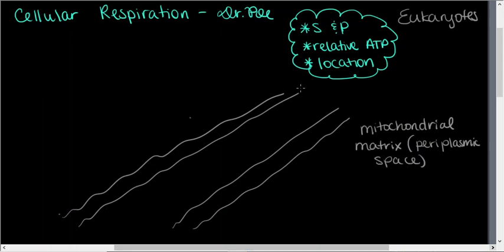So here we've got the mitochondrial membranes. This is the outer membrane. This is the inner membrane of our mitochondria. And the innermost part is called the mitochondrial matrix. Over here we've got the cytosol, that liquidy part in the cells. All cells have this, and also all cells have the first step of this, which is